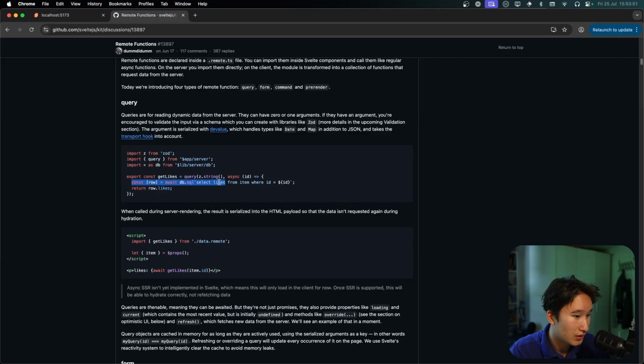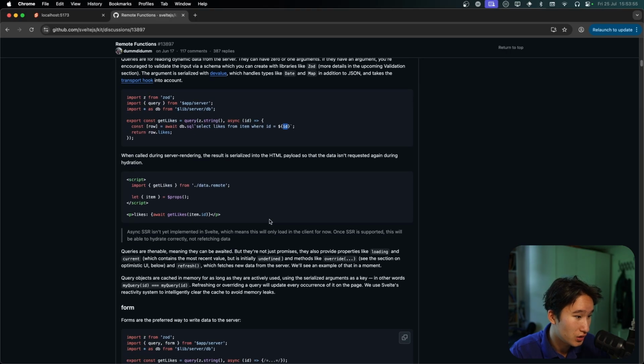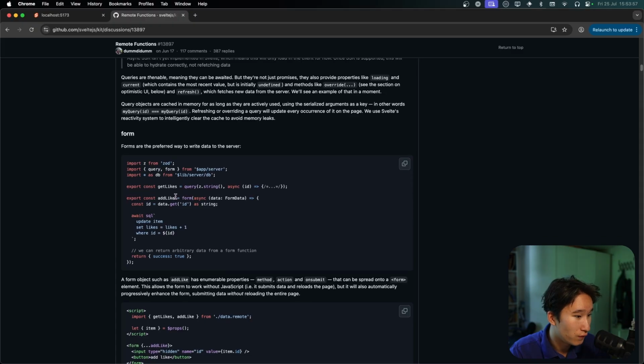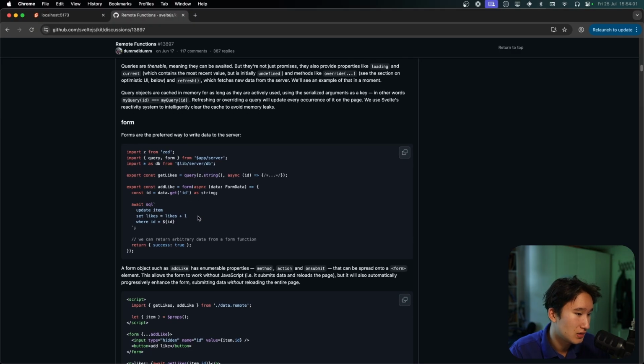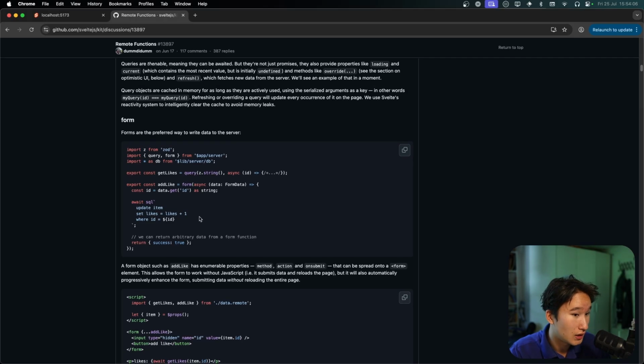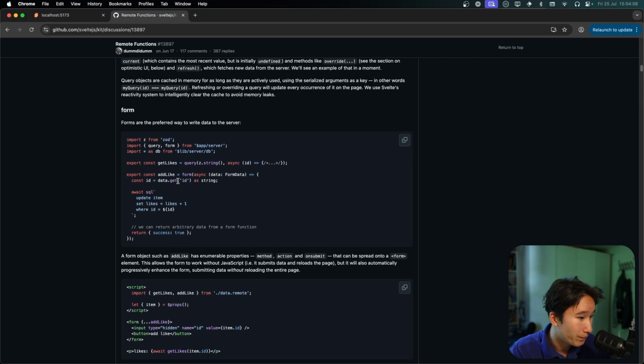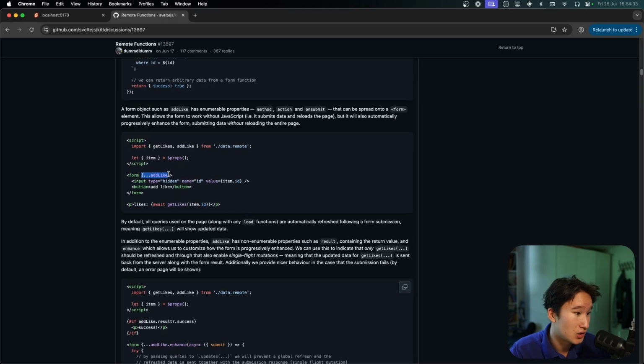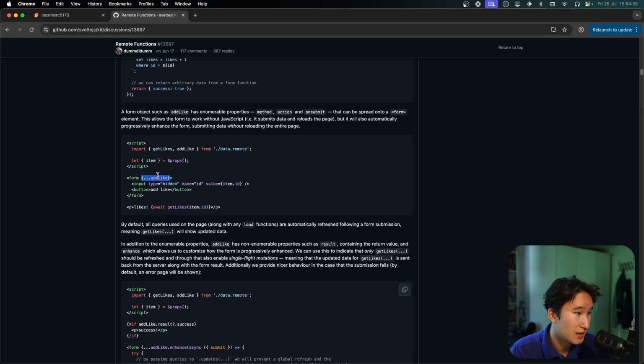Then it will go ahead and select the likes from this item with this ID. And in the form, we unfortunately don't have this, which I don't really understand, but I guess validation is optional, and I've also built a little library for this to validate your form stuff. Yeah, and how we use this is like I showed you, we can just spread this addLike thing, and